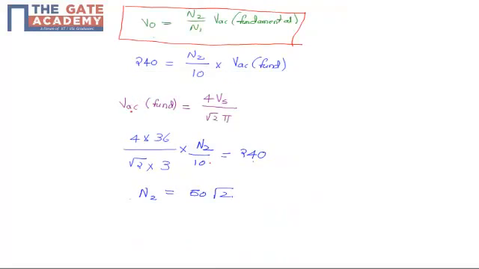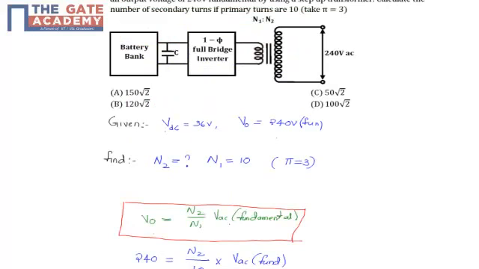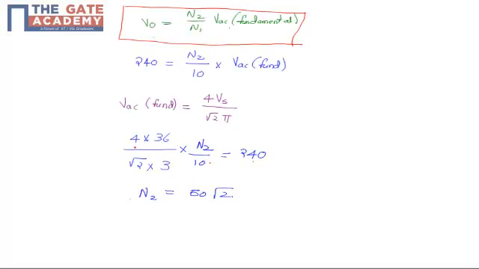The formula to calculate the fundamental VAC is 4 Vs by root 2 pi. We know the supply voltage is given as DC 36 volts, and we assume the pi value as 3. Substitute all the values in this formula to calculate the secondary turns N2. So 4 into 36 by root 2 into 3, into